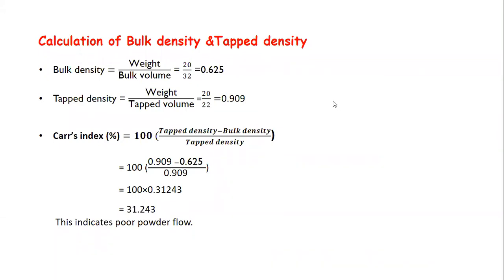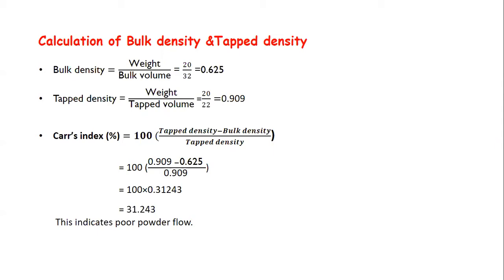Calculation of bulk density and tap density. So bulk density is equal to weight upon bulk volume. In the previous video we performed the experiment, and in that experiment the bulk volume was found to be 32. So the value of bulk density is 0.625. The same amount of powder is then tapped, as we watched in the video, and the tap volume was found to be 22 ml. So the tap density is